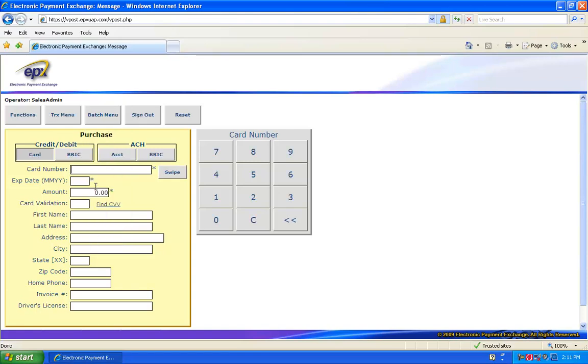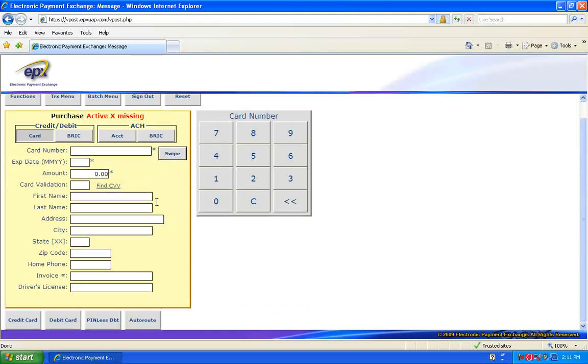To process a transaction, you can either swipe a card or key enter the information. If you have a card reader, click on the swipe button, swipe the card, and fill in the rest of the information. After you have all the information filled in, simply click on the credit card button,